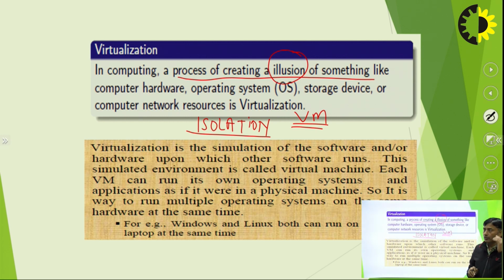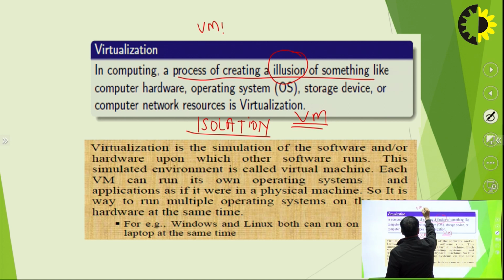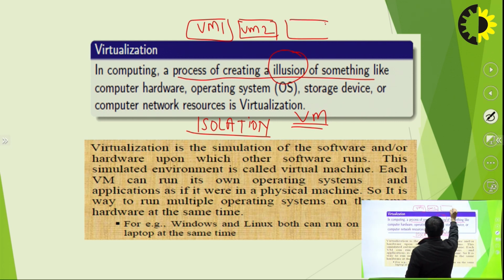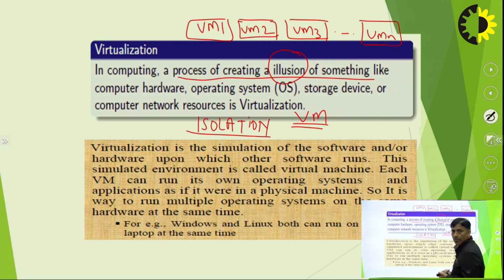So, there are a number of benefits of this. The virtual machine is more secure. Why more secure? Because each and every virtual machine runs in isolation. Suppose this is VM1, and VM2 is there, VM3, and so on, up to VMN. There are a number of virtual machines, and these virtual machines run in isolation. So, what is the benefit of this? This creates a more secure environment. How can we say that this creates a more secure environment? Because